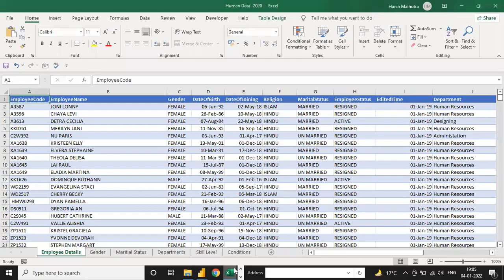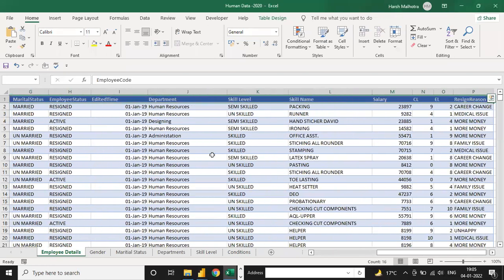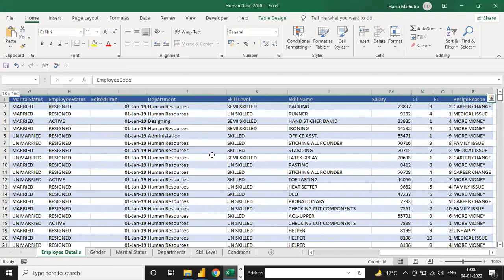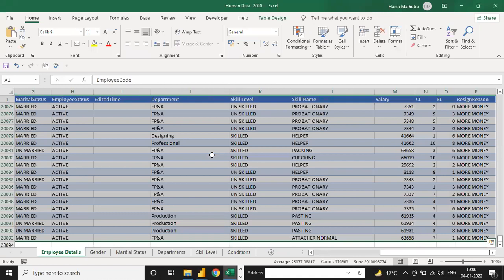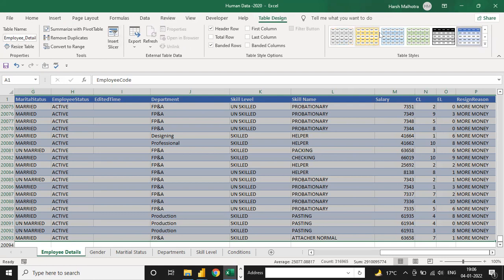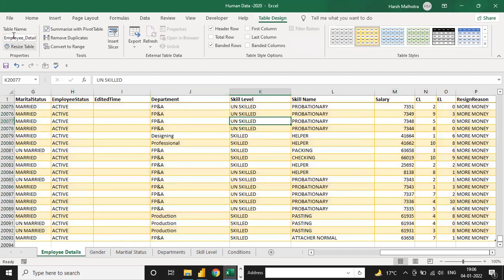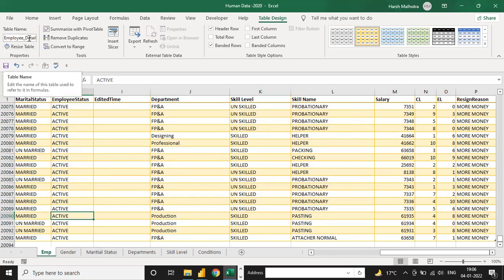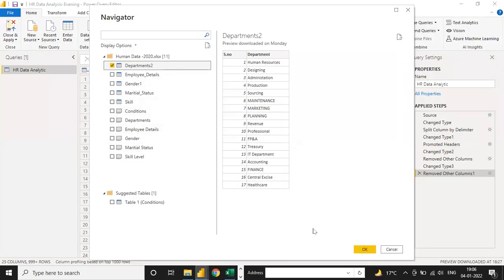So every time we have to convert the Excel sheet into table data first. And how to convert? Let me show you. Suppose this is your data in an Excel sheet. Just select all your data and press Control T. I already pressed Control T. Then you can see the table design tab in the upper part, and here you can see the table name, which is employee detail, and the sheet name is also employee detail. Suppose I change the sheet name to only employee. Now employee is the sheet name, but employee detail is the table name. I save this file.